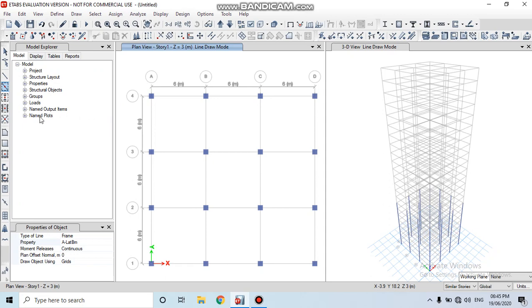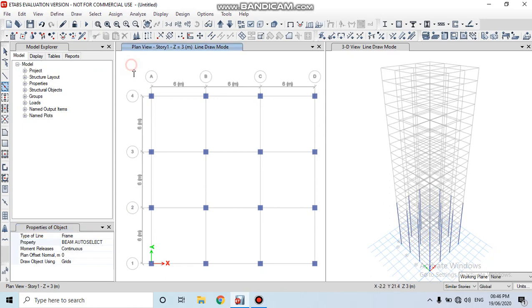In order to change the properties, the property is considered as beam auto select. Here the property of beam auto select has been carried out.